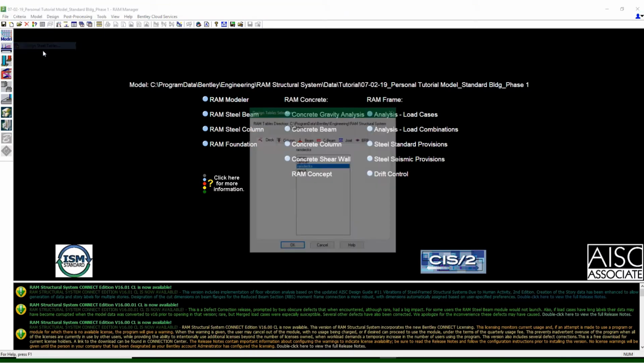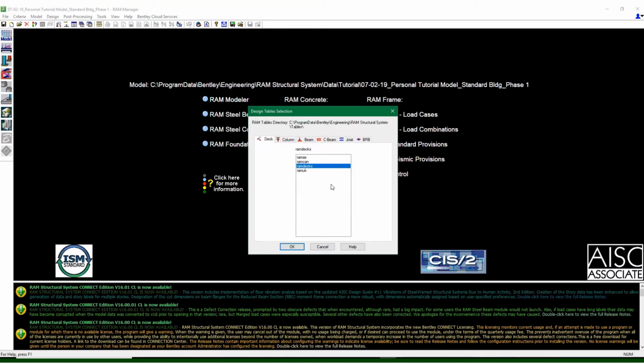Design tables. So for the deck, we'll have these files that have pre-selected decks already loaded up into them, and we could just select from these particular manufacturers. This is RAM deck. This is another. That's probably Canam. But I just leave all these defaults as is,